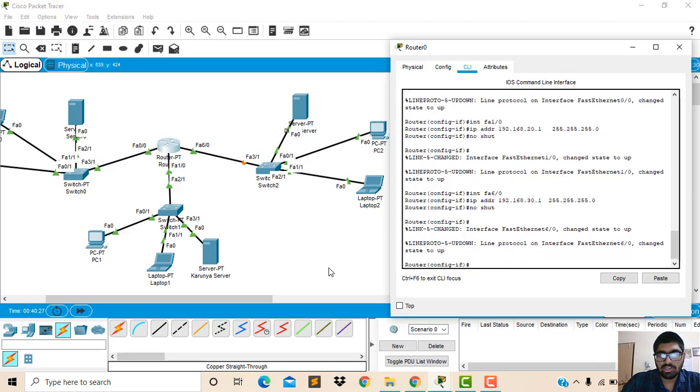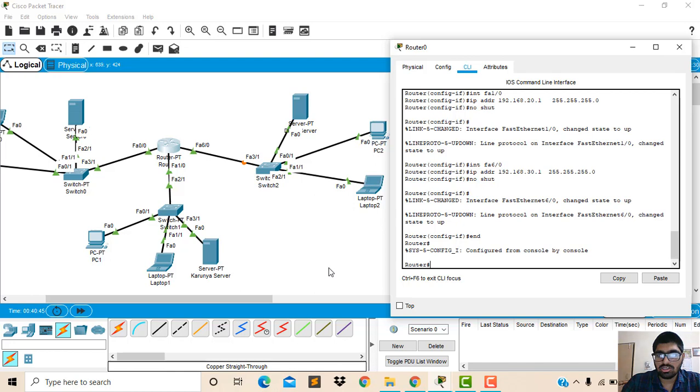Now after completing, we have connected all these to the one local area network to communicate with the first local area network, second local area network and third local area network. To communicate with that, after completing all the devices, we have to end that, and to check that all are connected or not, we have to enter show ip route.